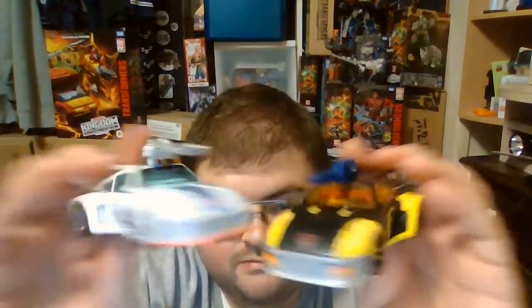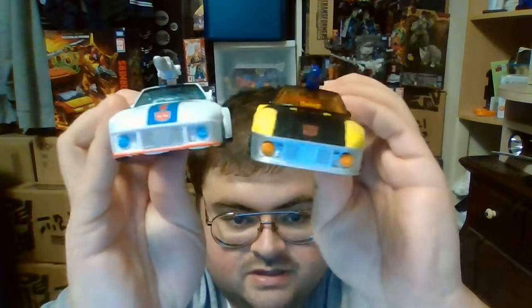And one thing I'm noticing, I don't know if it's because of how I rotated them. Any of them are, never mind. I was going to say, hey, something looked different, but no, it's the same, so it's just my eyes playing tricks on me. So yeah, again, I'm really digging how Jackpot came out and how his paint job distinguishes him